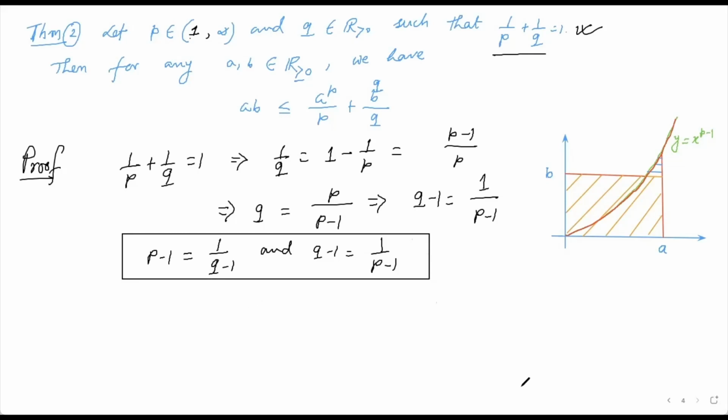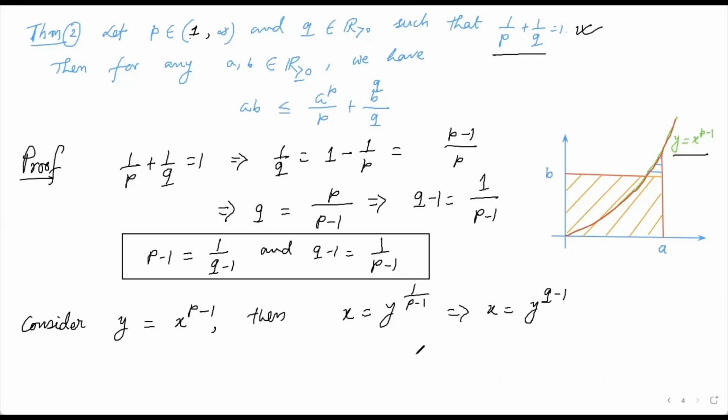Now we consider the following function y equal to x power p minus 1. Then x equal to y power 1 over p minus 1, and this implies x equal to y power q minus 1. Okay, so now